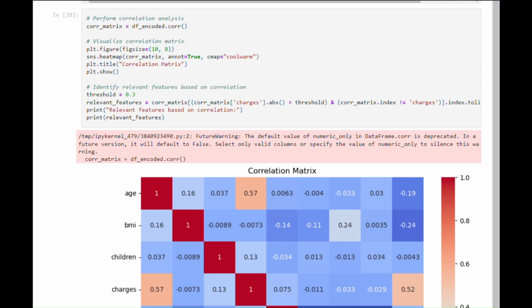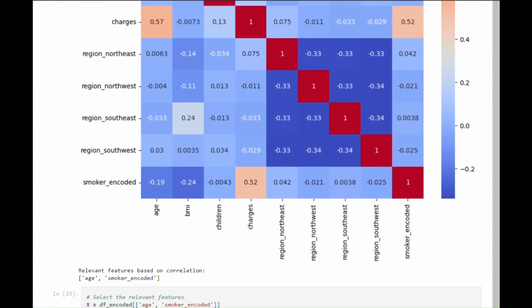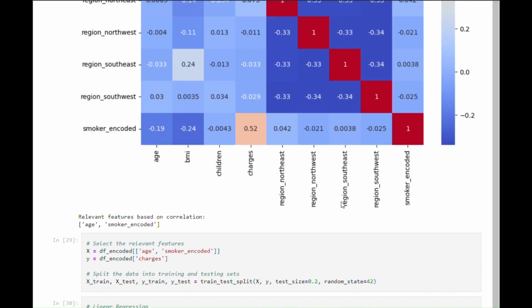And then I performed the correlation analysis for selecting the relevant features. After performing the correlation analysis, these two features are selected as the relevant features, such as the age and the smoker encoded. And then I used age and smoker encoded for X, and I used charges for Y. And then I split the data into training and test set,